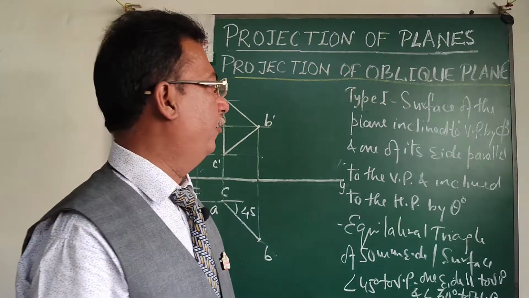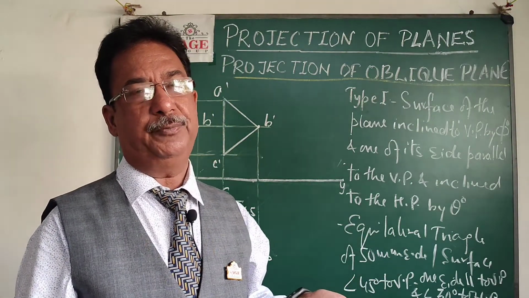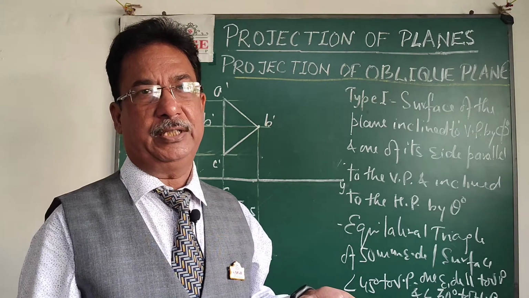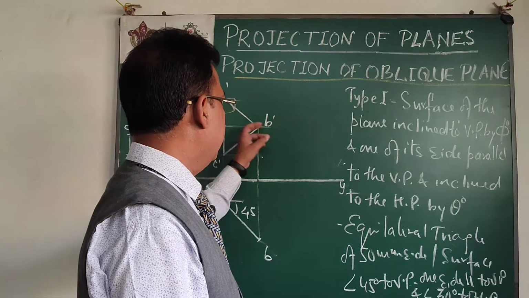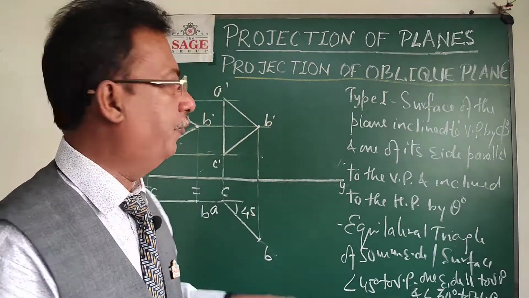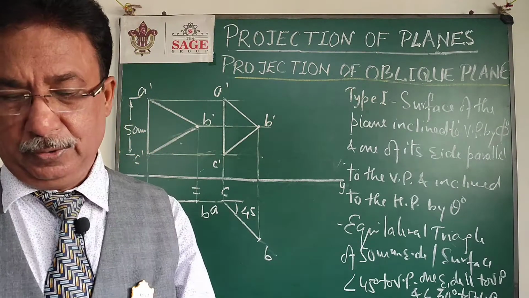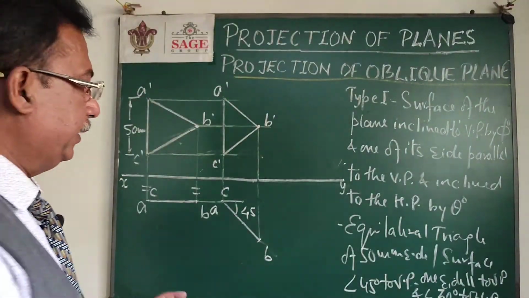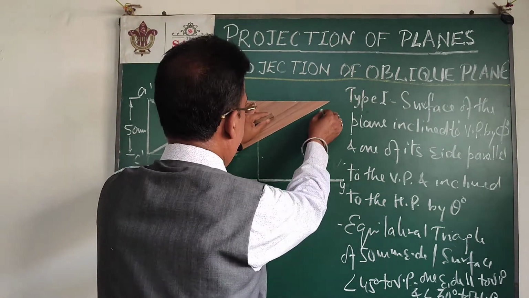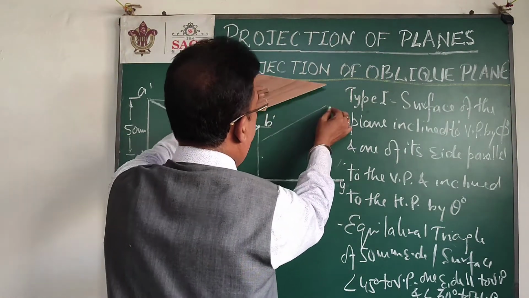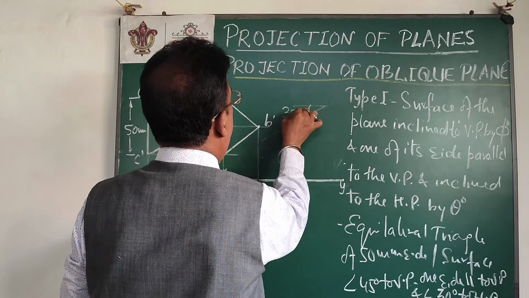As you know that when we will make the plane inclined to HP by some angle, the front view is not going to change again. Now the top view is going to change. So again the next figure will be exactly copy of this figure, with this side A dash C dash, which is still kept parallel to VP, will be inclined to HP by some angle 30 degree. So for that I will draw a line at 30 degree inclination at any position. So this line will be 30 degree inclined to XY line.